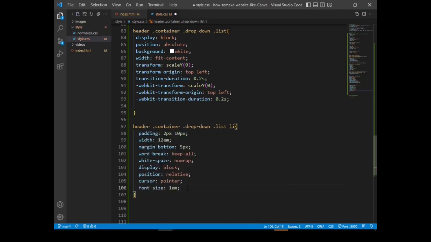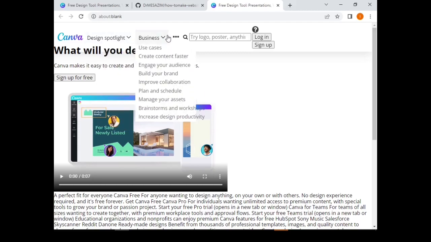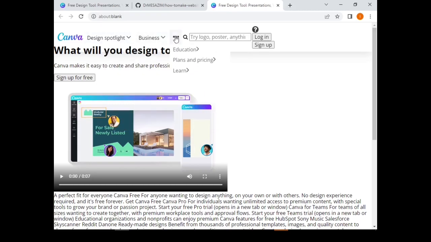Then let's set the color to 5d5f61. There you can see the font size has changed. So I need to continue styling.